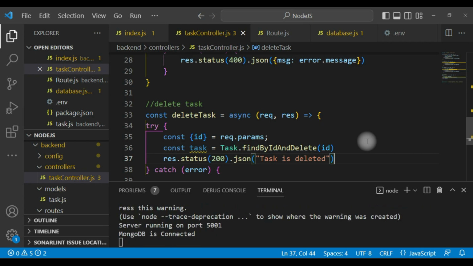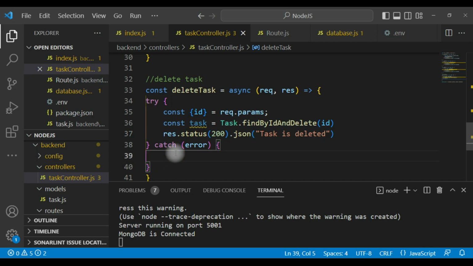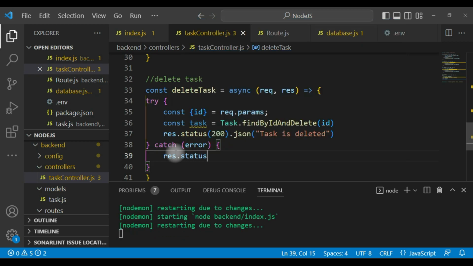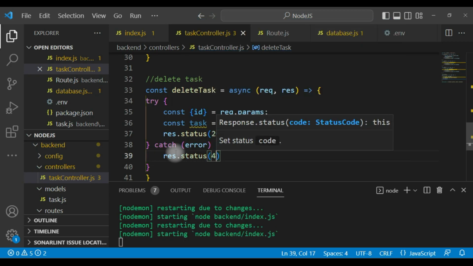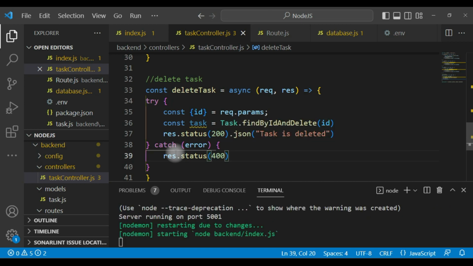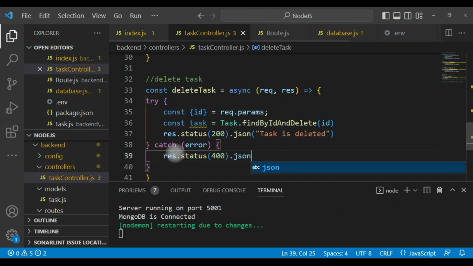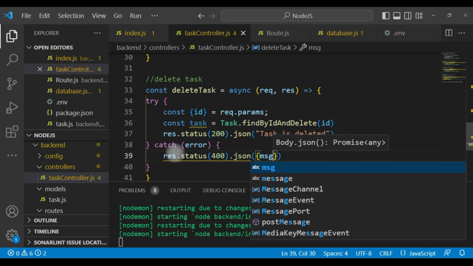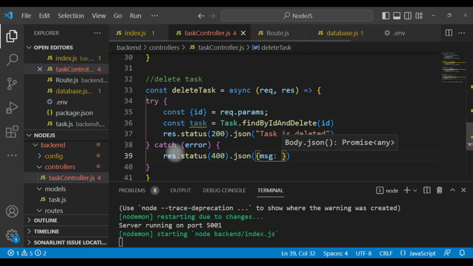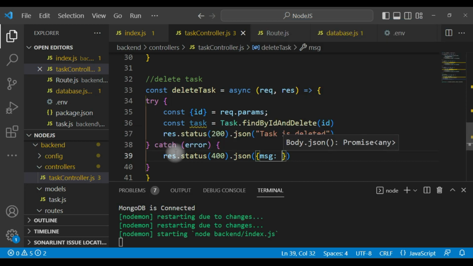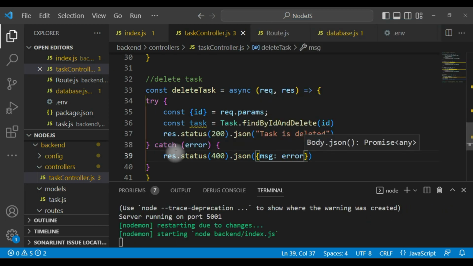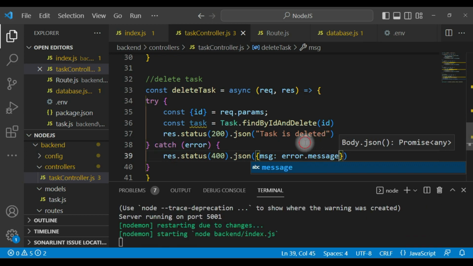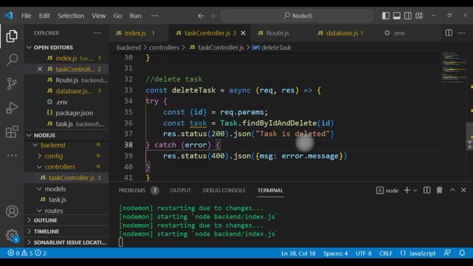Let's save the file and in our catch block we need to send our response dot status 400 and dot JSON we print our message, error dot message. Let's save the file.